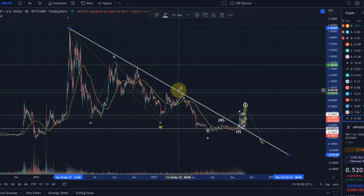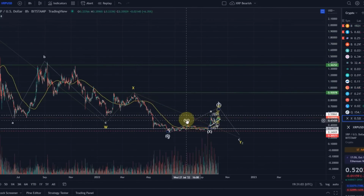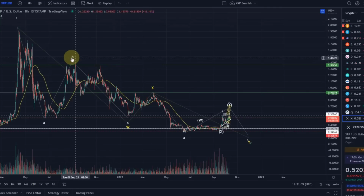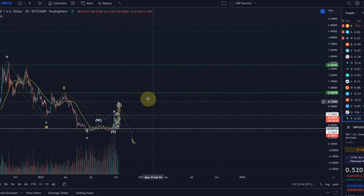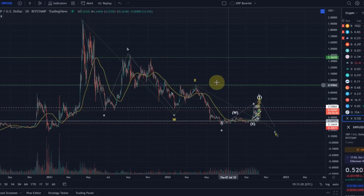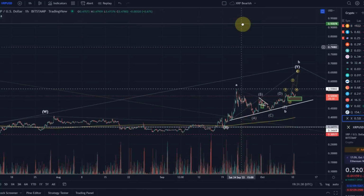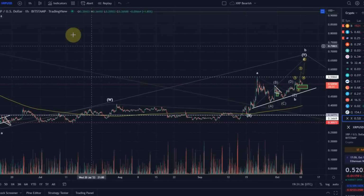I mean, we can clearly see that, but integrating it into this higher level pattern, there is currently no evidence yet that this is bullish. What you need to see here on the daily chart is the clear highs that are sticking out here. And really, on the daily chart, a trend is only broken when you make higher highs and higher lows. And for me, looking at this chart, you could even put it on the weekly, the trend is still down until we break above the wave X high, which is at 92 cents. So this is, I think, hopefully a very clear level that you can look at. And if we look at this